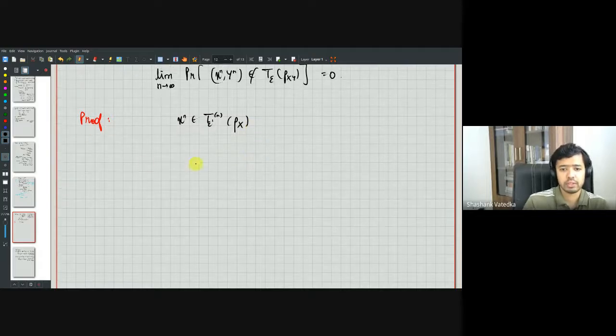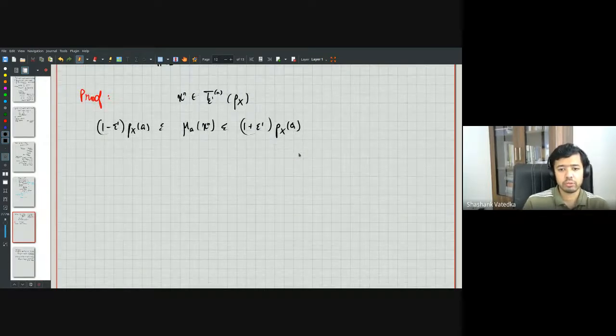We know that for any symbol a, the empirical frequency, the empirical probability, is going to lie between 1 minus epsilon prime px of a and 1 plus epsilon prime px of a. Okay, and what we want to show is that now if I pick a random yn, then